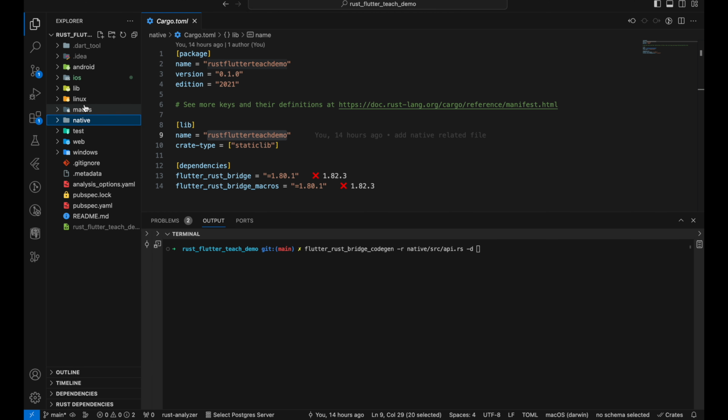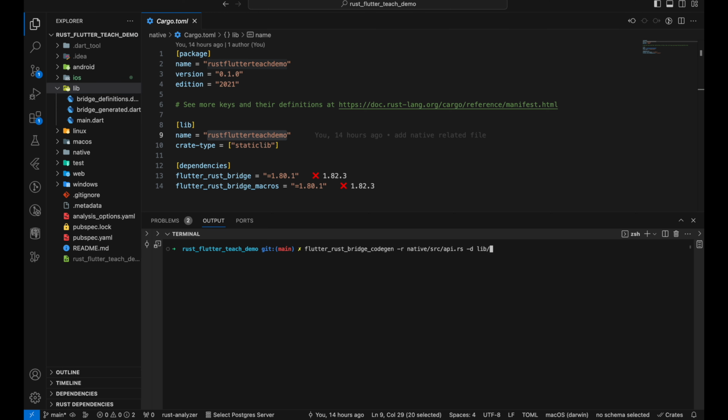It should be inside the lib folder, so lib/bridge_generated.dart. Then --dart-decl-output, lib/bridge_definitions.dart file, and the last one is -c, the C header file.